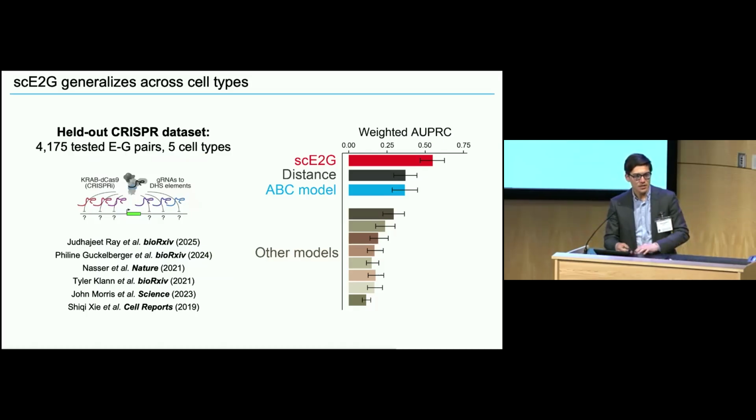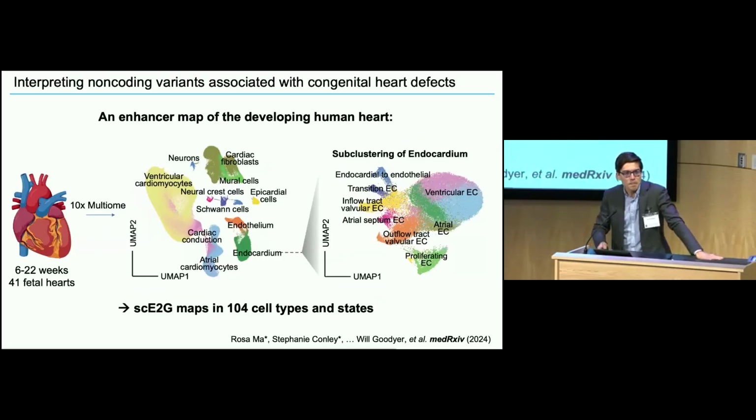And just to illustrate what we've been finding when we are starting to use these maps to interpret variants, we've been interested since moving to Stanford in understanding the genetics of heart development and heart diseases. And in one study in collaboration with Will Greenleaf's lab, we collected an 800,000 cell single-cell atlas of human fetal heart development between 6 and 22 weeks of age across 41 different samples. There are 90 different cell types and states in this atlas, including all of the major cell types in the developing heart,